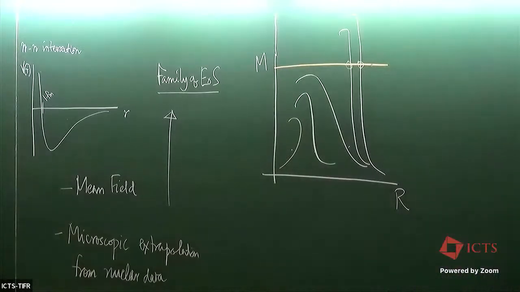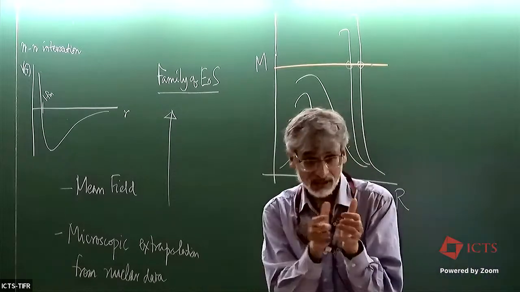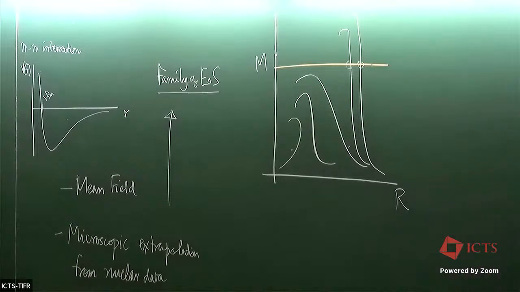The tidal force is nothing but the gradient of the gravitational force times the size of the object. So that means one end of the object is being subjected to a larger gravitational force than the other end. So as a result, the object is stretched out. Depending on the forces that act within the neutron star, clearly the amount by which it will be stretched out